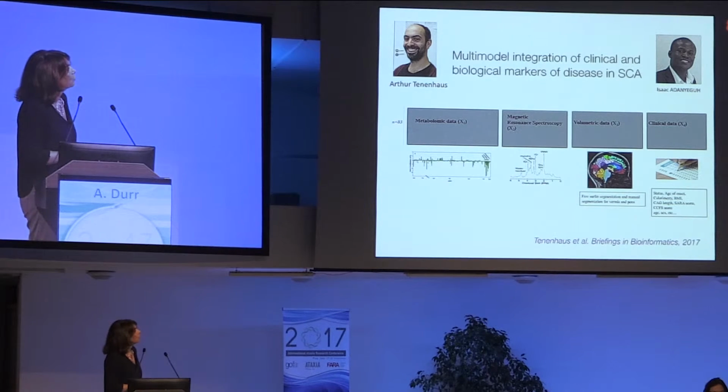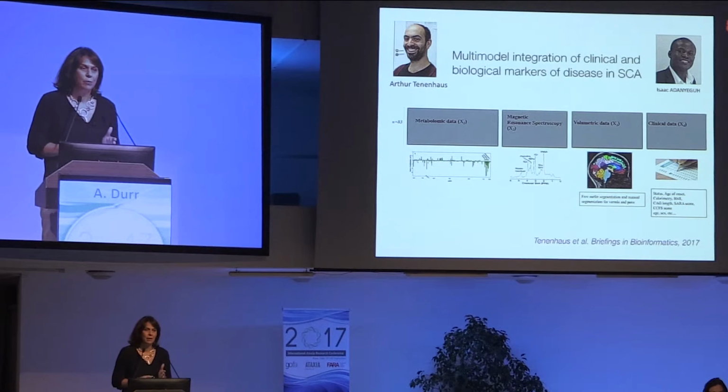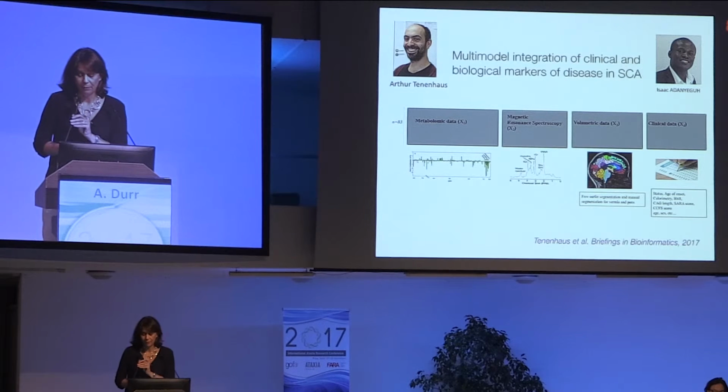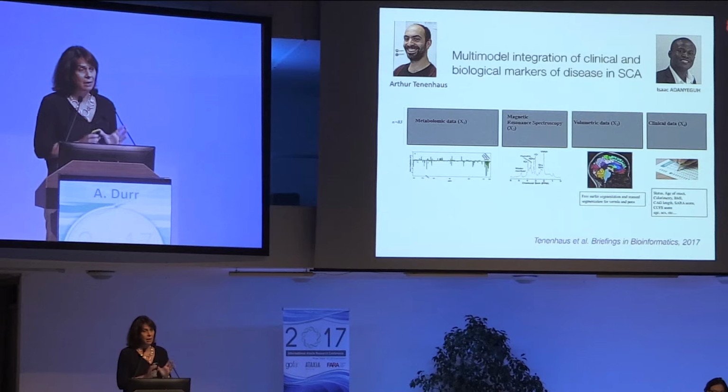I would like to finish by saying that, given the small effect sizes and the rare disease we are confronting, we have to put data together; we would probably need integration of this data. And as Pierre-Gilles Henry showed us, the very large effect sizes in imaging should be used. So with Arthur Tenenhausen, a biostatistician in our group, and Isaac, who just finished his thesis, we tried to do a multi-model integration with analysis which used the different parameters we want